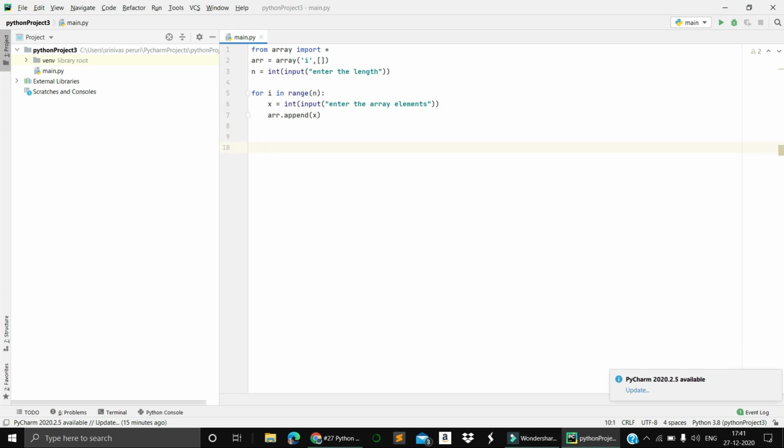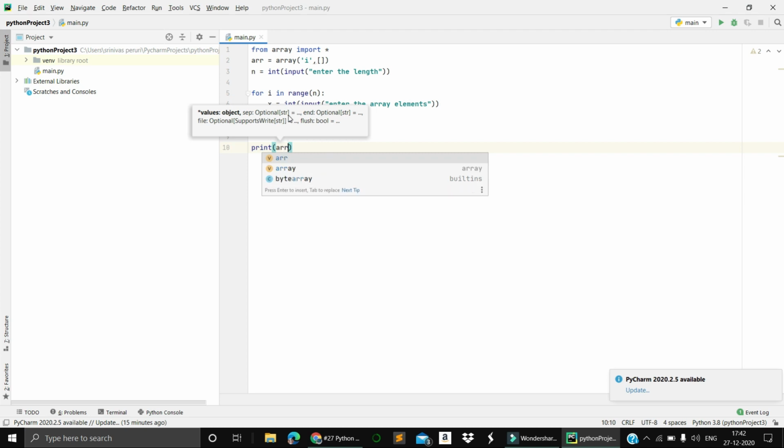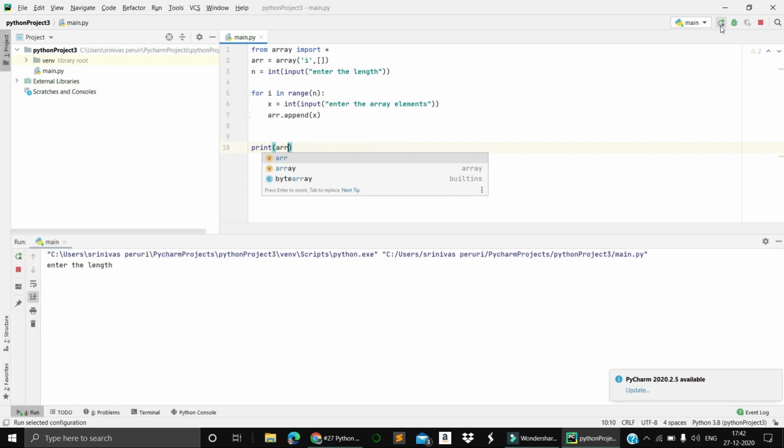Apart from this, I need to print the entire array. Correct, right? In such a case, I need to print array. Let's run this code. I hope this will give the exact answer. So I will take 4 elements like 14, 15, 15, 18, right?